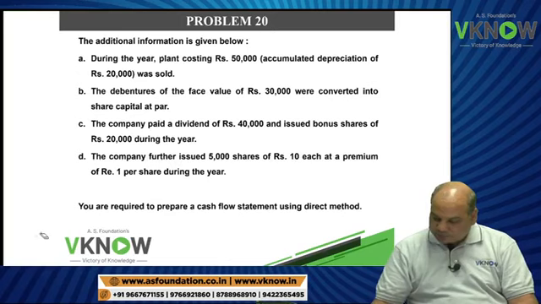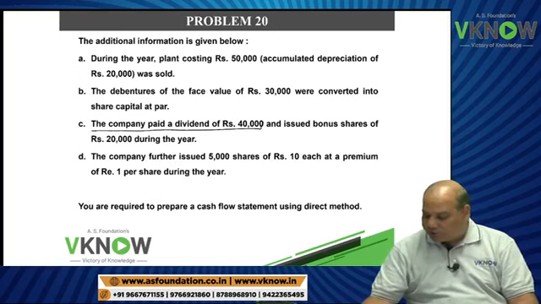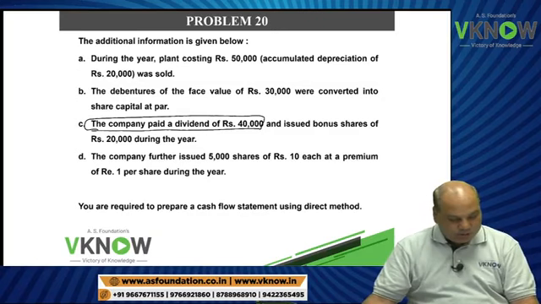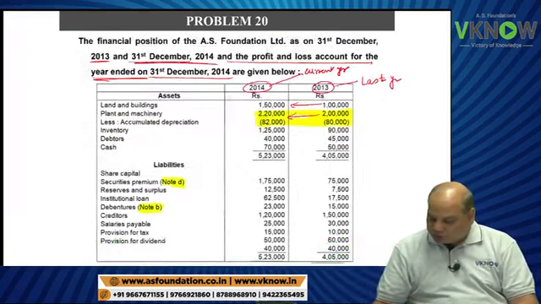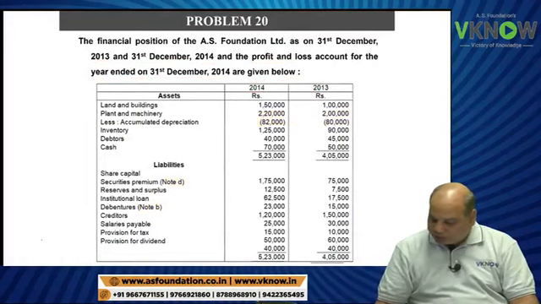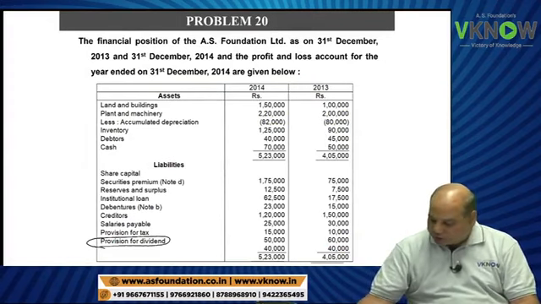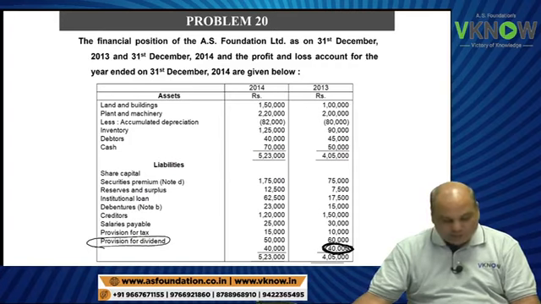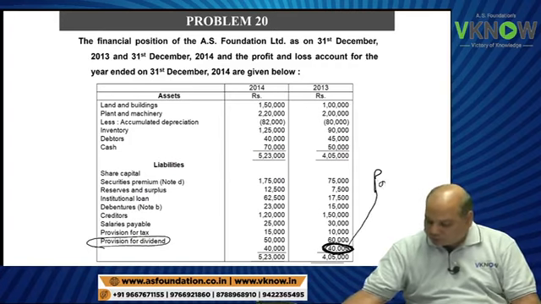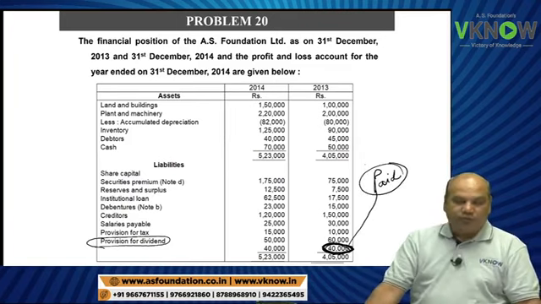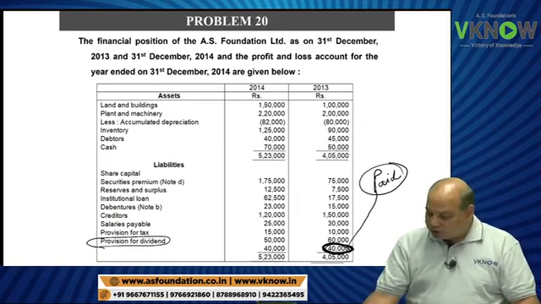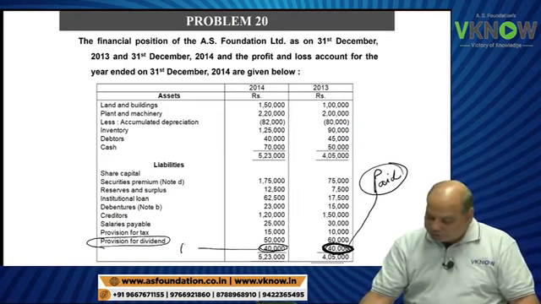Next point is the company paid a dividend of 40,000. First I will go to your balance sheet to explain this. You see the last item here, the last line in the balance sheet. This last year dividend of 40,000 has been paid, and the current year provision